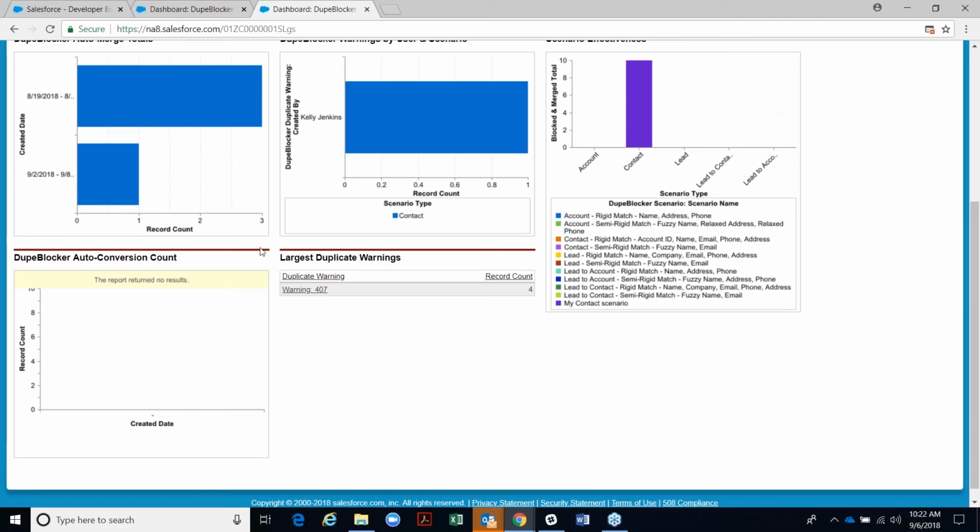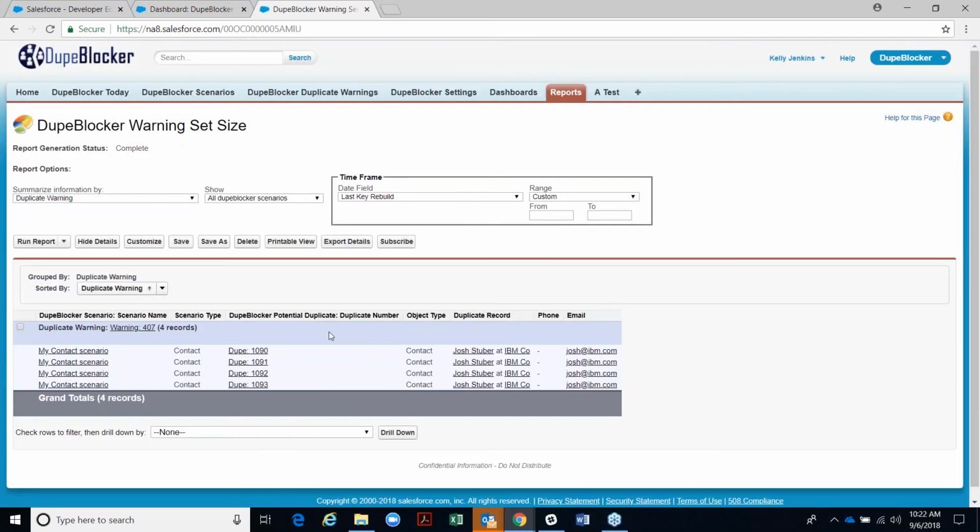So a good place to keep your eye on that is here. And if you have a warning, and this happens with test data a lot, so maybe you have a scenario where you're only matching on email and everybody uses test@test.com as their test email address, you can have a warning out there with 50,000 potential duplicates, and DupeBlocker is going to break, right? So keeping your eye on that here, you can drill into the warning and delete it if you need to,